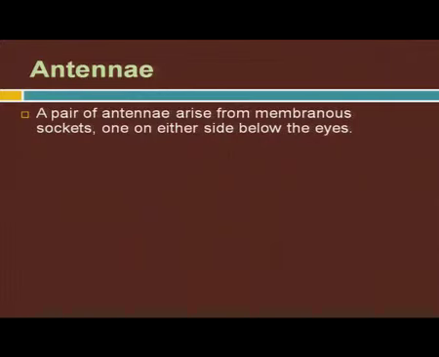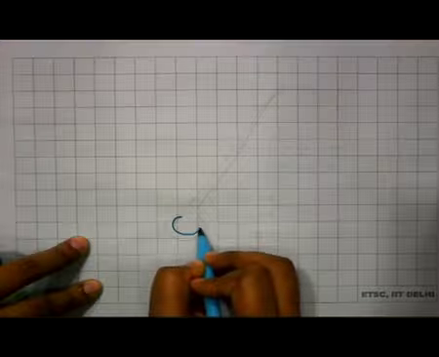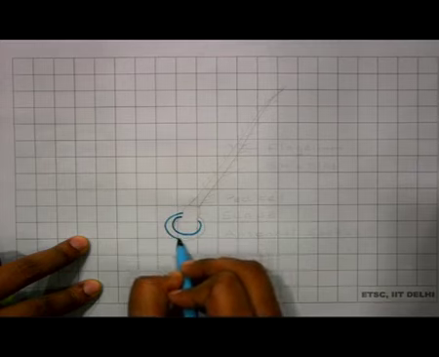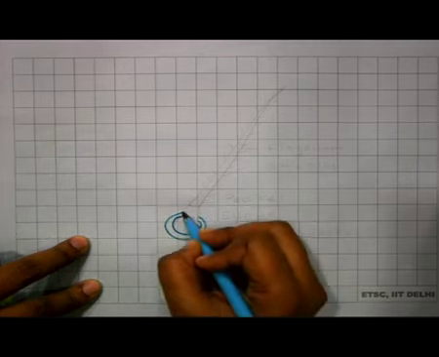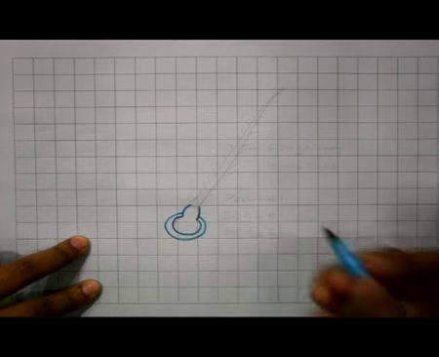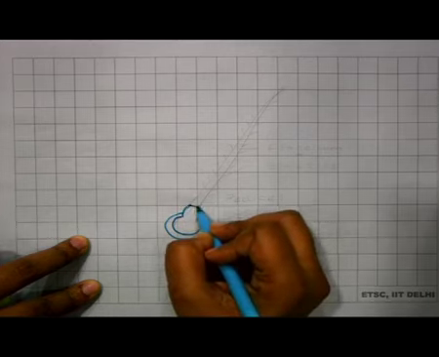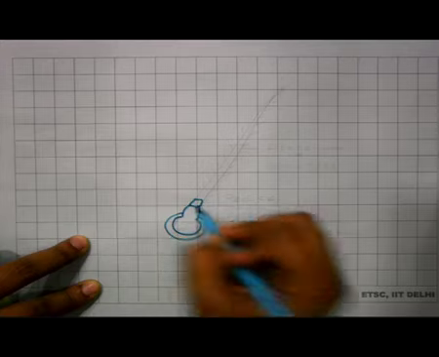Now, next moving on to the antenna. We have learned that there is a pair of antenna which arise from the membranous socket, one on either side below the eyes. So, if I draw a structure of antenna, the antenna arises from a socket which is known as antennal socket, then there is a swollen base like structure, again one more swollen structure,